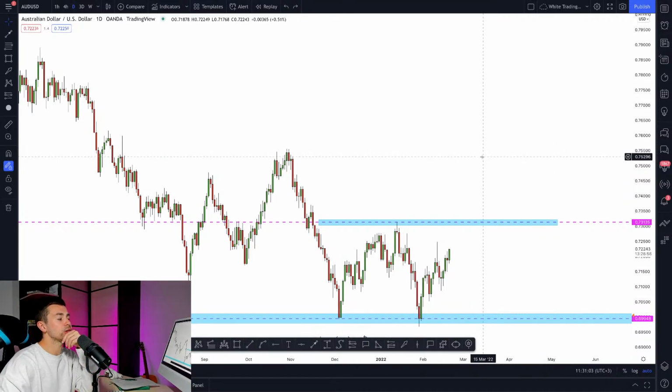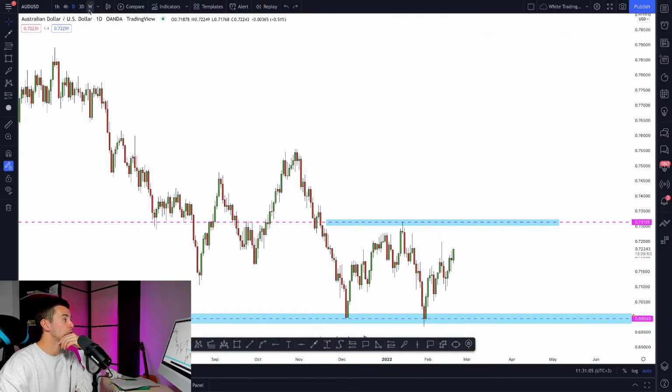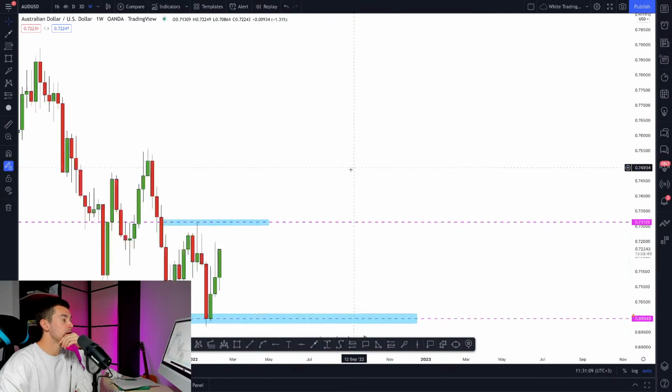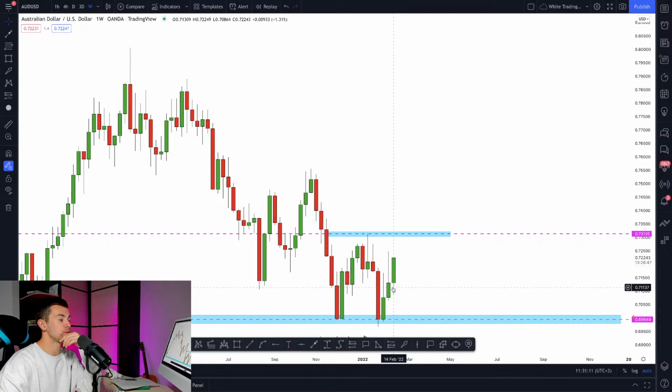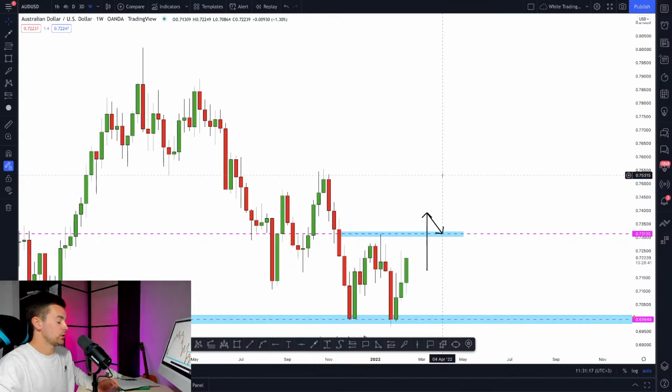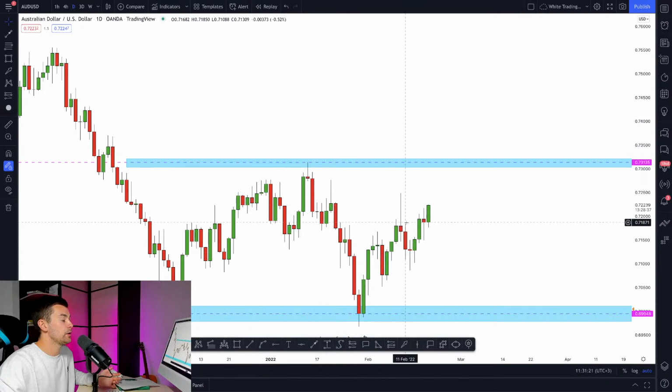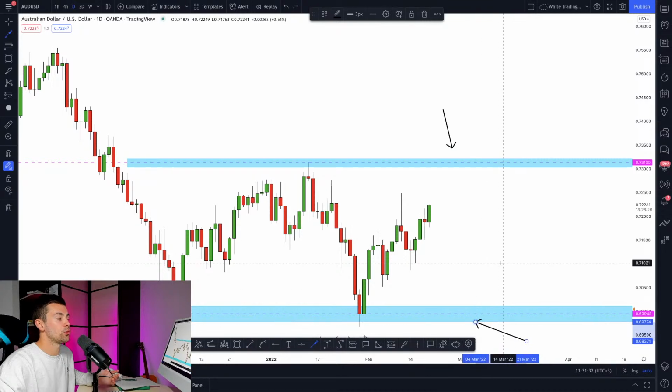So it is very hard to make a prediction from a current perspective. We can see that this weekly structure is respected, and for now the market is perfectly retracing from that. In case that structure is broken, further bullish continuation will be expected. From a current perspective, unfortunately, I don't see any trading opportunity. The market is trading quite far from key levels. Our closest resistance is right here, and our closest support is right here.